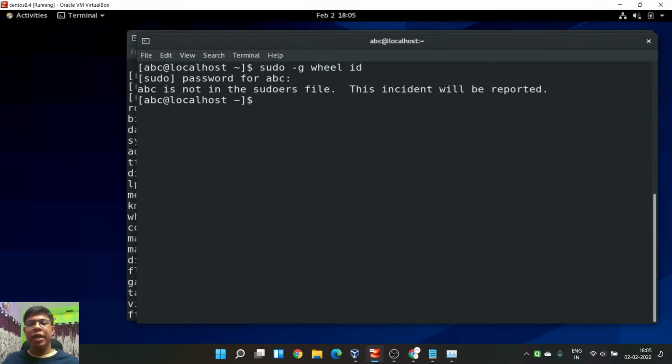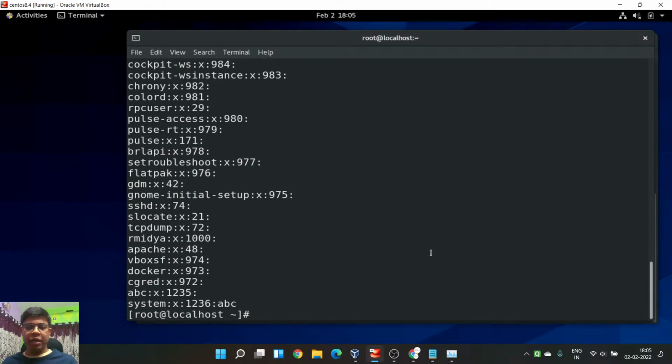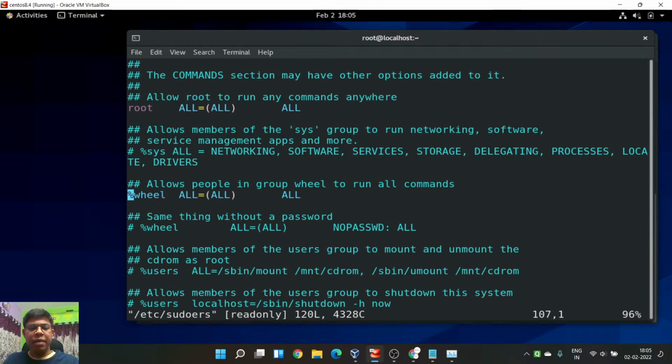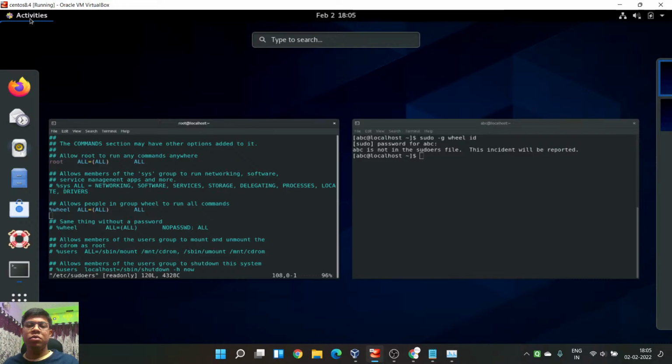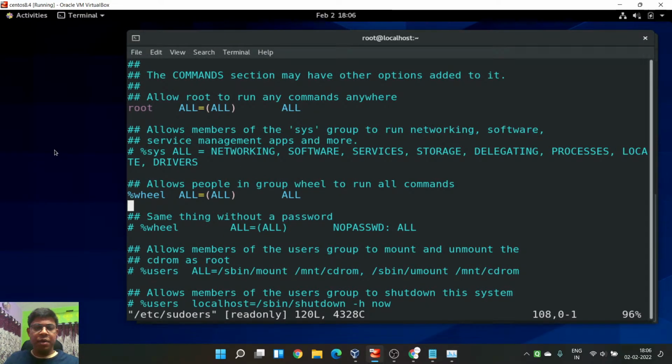So wheel has the power of, maybe if I need to check here. Let me do one thing quickly, that is check this file, because the sudoers file should have... let me check one thing also. sudo -g wheel. Yeah, I'm running the command.